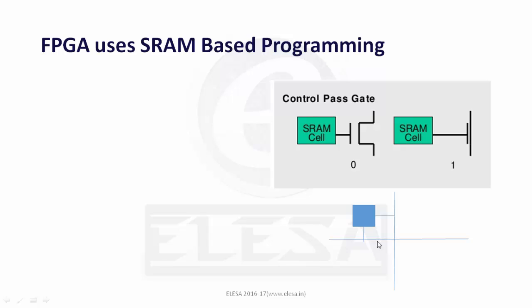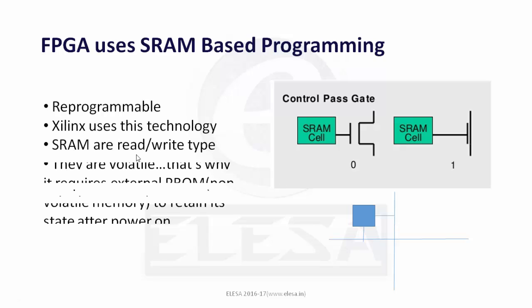That is, you can program it to be connected or disconnected, and the technology which is used to do so is the SRAM based programming, which is used in the FPGA. Actually in the CPLD a floating gate method is used. You can search about it, but I would like to say that there is no memory inside the CPLD to program the connections, but FPGA uses memories. So what problem is with FPGA is that